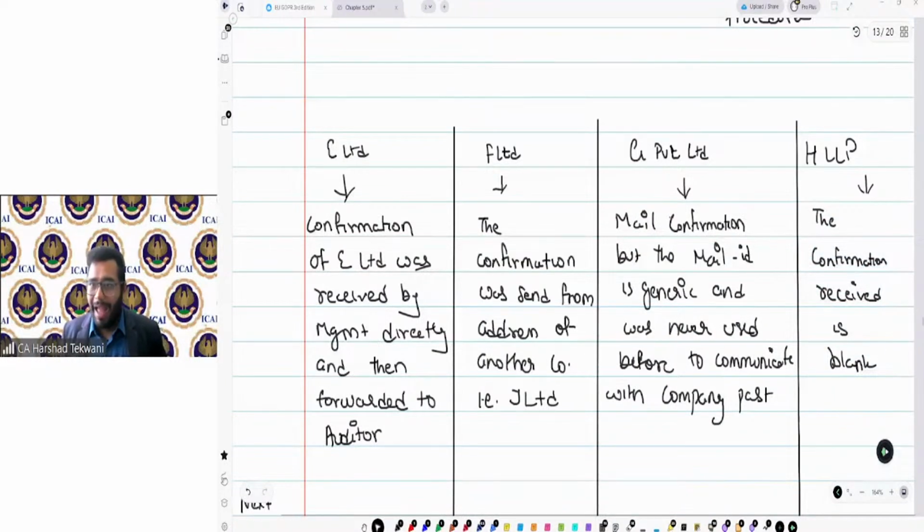See, why am I taking so many examples over here? The reason is that in the exam also there will be a practical scenario. In the exam, the question can be in the form of a practical scenario. Over there, you need to understand what the practical scenario is and how to tackle that. And when you have clarity that this kind of scenario we have seen and discussed, and what is to be done practically, then you will be able to get the answer to that particular question. So you have to keep yourself habituated to practical scenarios.